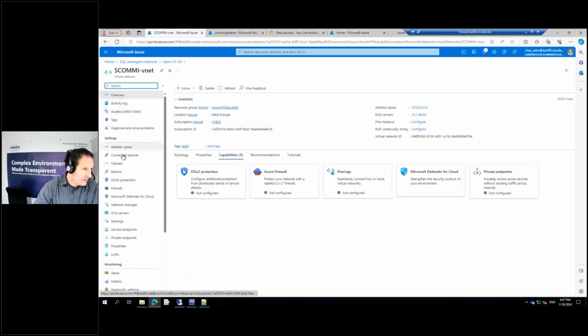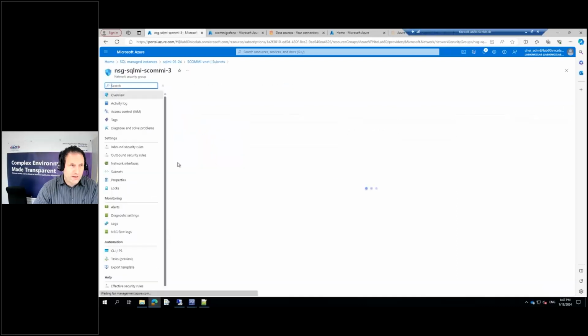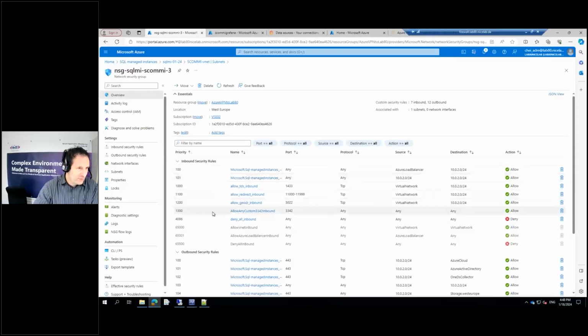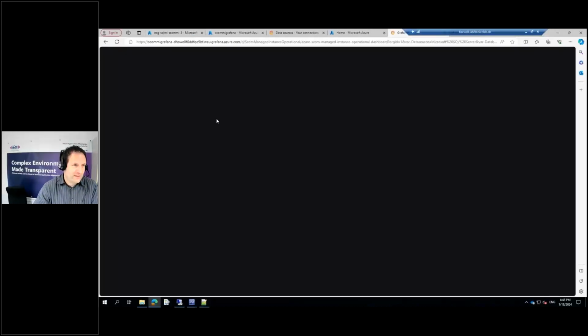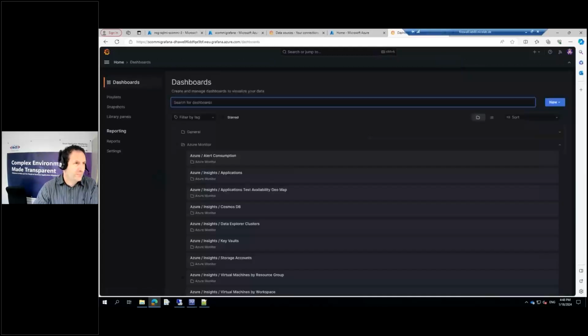So if we go in here and look for the subnetworks, on the SQL managed instance subnet we have the security group. In the security group, we have to add this rule here to allow inbound traffic for this connection. I did that for any source, and now you can connect to that. So we have added this to the Azure Managed Grafana. And then we add the dashboard. There's a predefined dashboard which you can deploy,